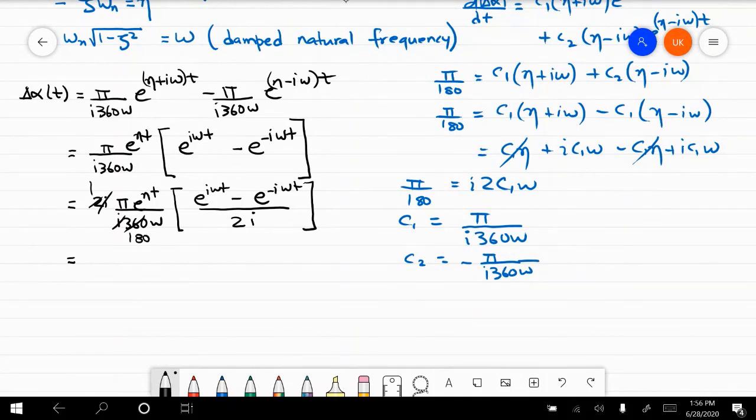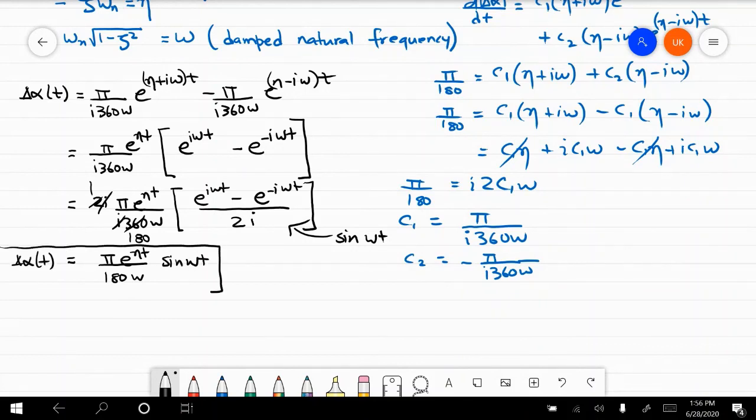So I get pi e^(eta t) divided by 180 omega, and this expression here is the definition of sine omega t. So this is the equation for alpha that I will get,